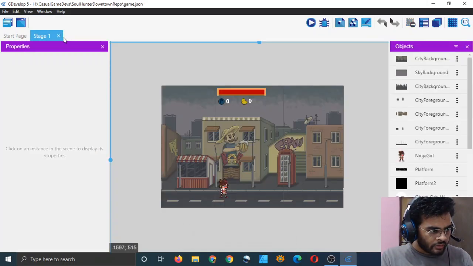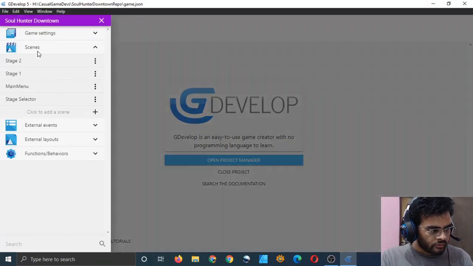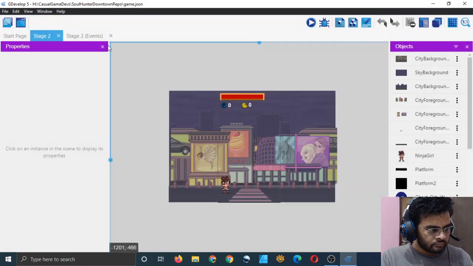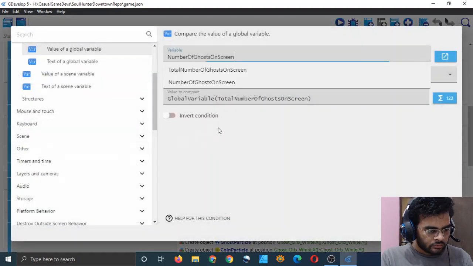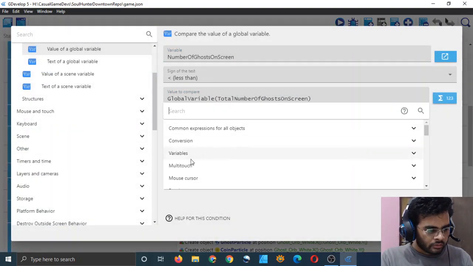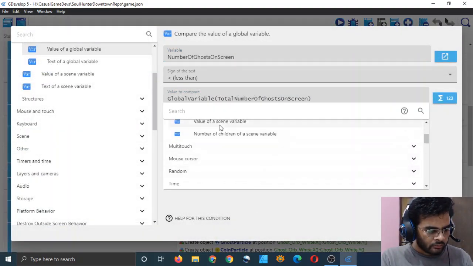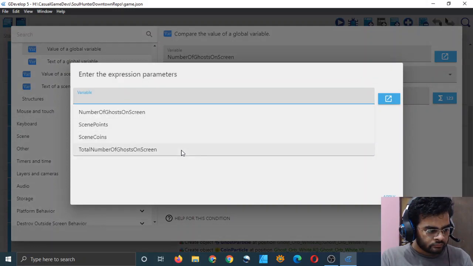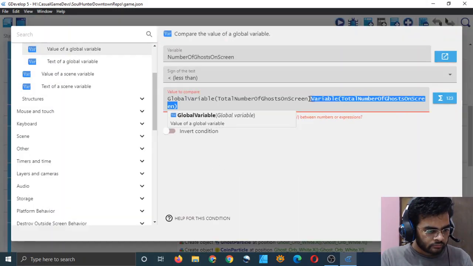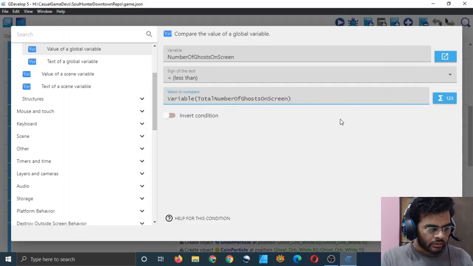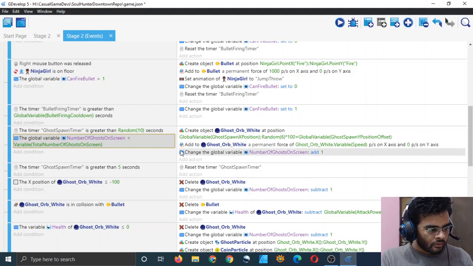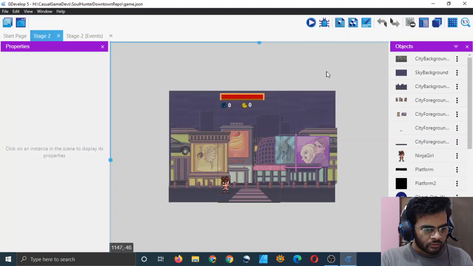Let's do the same in the second stage as well. Go here and go here, and variables, value of a scene variable, apply, remove the old one, and there it is. It should work now. So let's test it out if it is working properly or not.